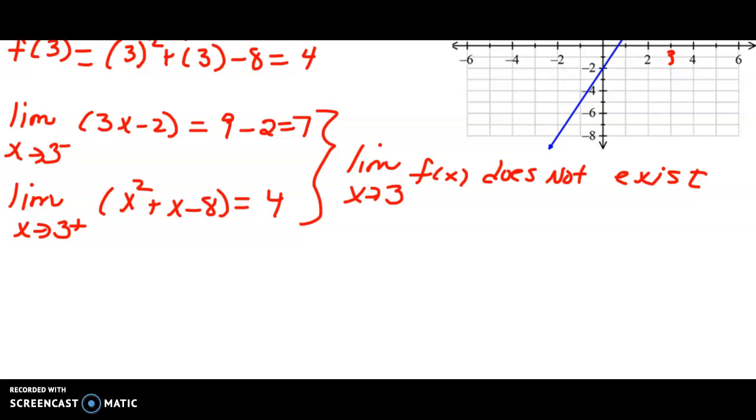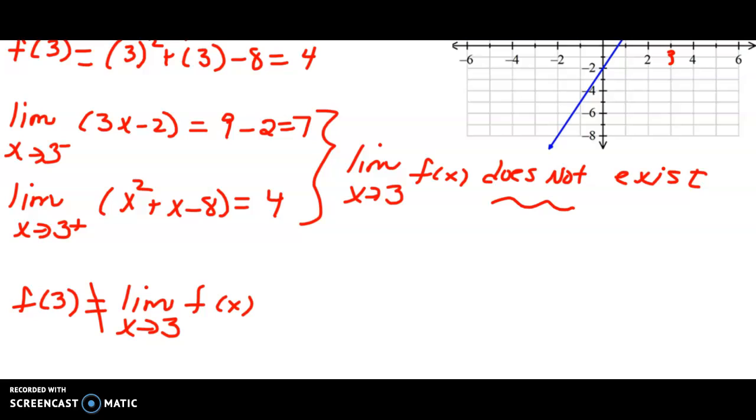The third step, just to clarify, is when f of 3 should equal the limit as x approaches 3. Should, if it's continuous. But we know that the limit doesn't even exist, so how could it be equal to f of 3? So we're going to say it does not equal. And then we're going to say what type of discontinuity it is. So because the limit doesn't exist, this is called a